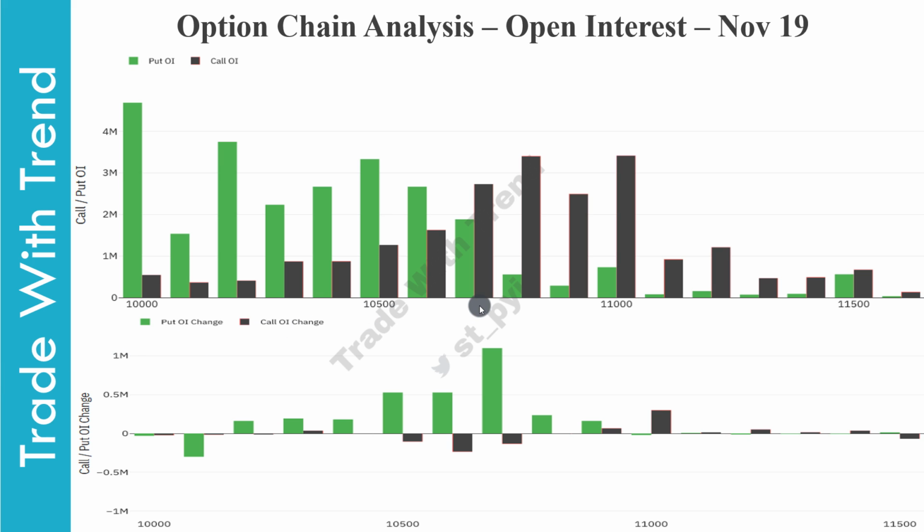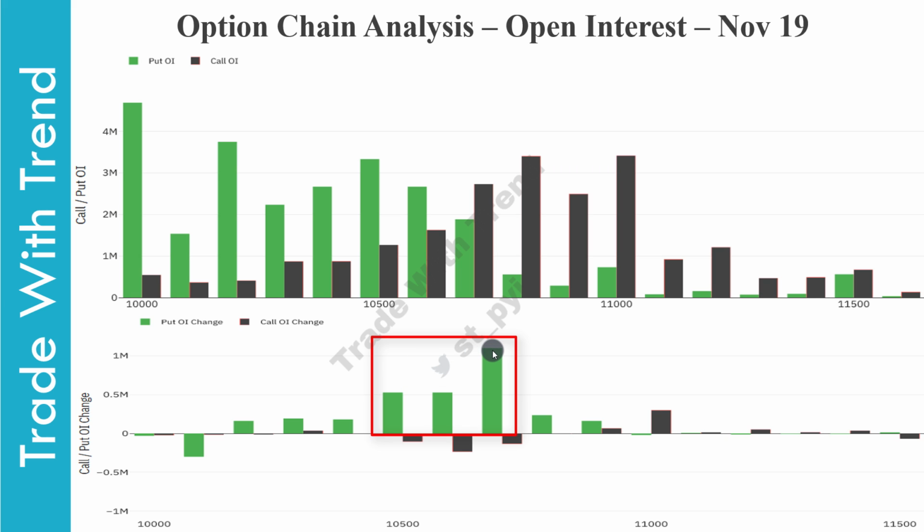So this is the open interest snapshot of November 19th. Range as per open interest is 10,000 and 10,800. In this session, price has actually moved higher by 80 points. As price has moved from 10,680 to 10,760, open interest addition was seen at 10,500 put option, 10,600 put option,